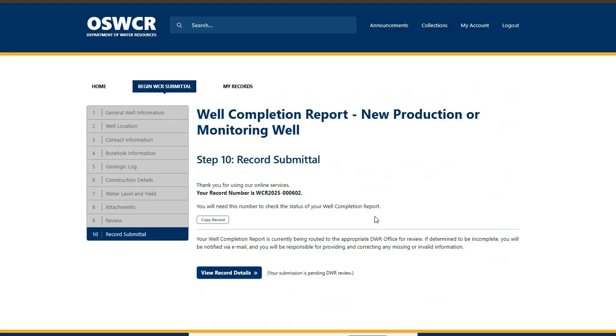So it looks like the report was successfully submitted. This is our well